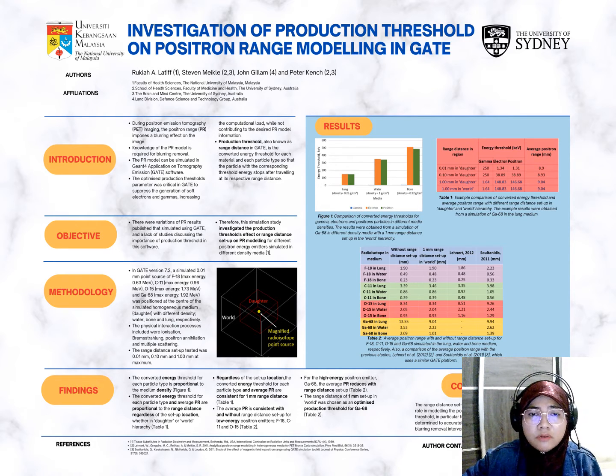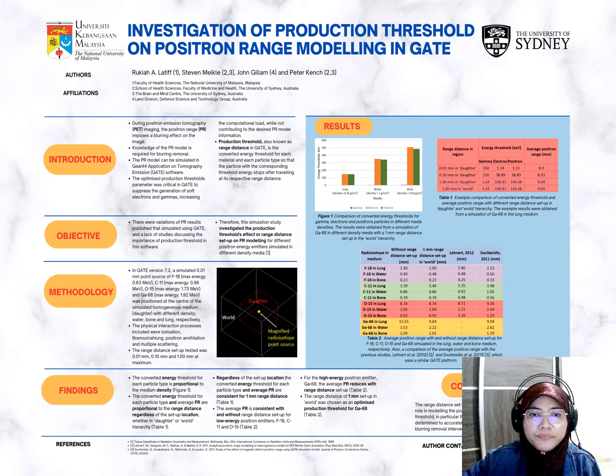And we found that there were variations of positron range modeling from previous studies, especially the ones using GATE, which is similar to what we will use here. And how can this happen? Also, none of them discussed or even stated the production threshold used in their study. Therefore, we need to find the optimized production threshold in our simulation to replicate their results. And we hope by doing that, we can move forward to the next step, which is removing the positron range